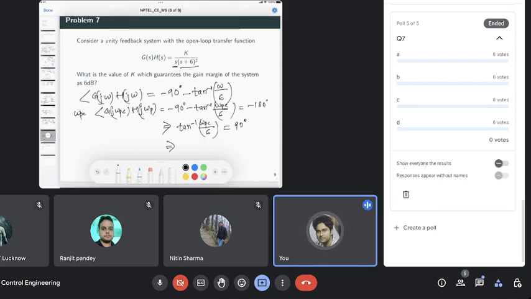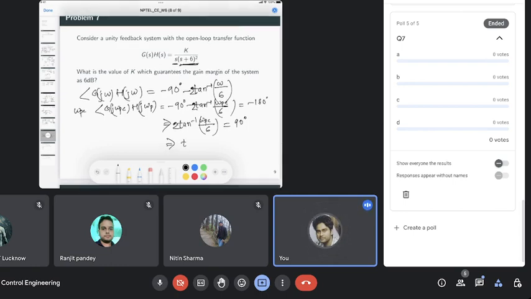Okay, sorry, there are two poles, so two times, right? Because the multiplicity of the pole at -6 is 2, so we have 2 times. Each will contribute one angle, so -tan inverse(omega/6) and -tan inverse(omega/6). So 2 are there, so 2 times is there. Or tan inverse(omega_pc/6) will be 45, implies